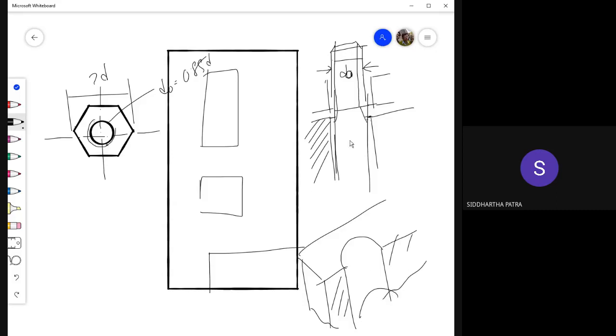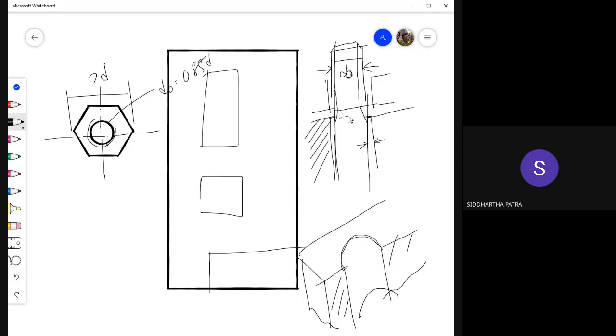That cylindrical surface you should be able to see, because there is some clearance between the bolt and the cylindrical hole. So this much is the clearance. You should be able to see this solid line right there. This circular edge, you would be seeing it as a straight line.